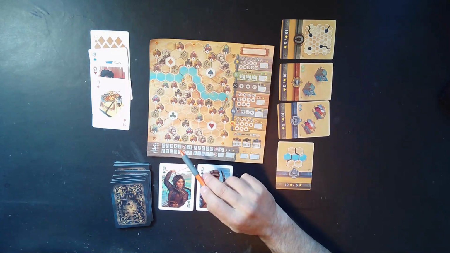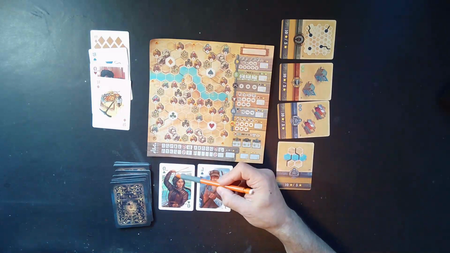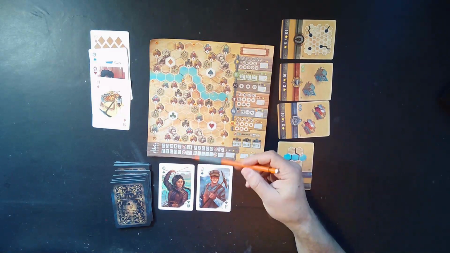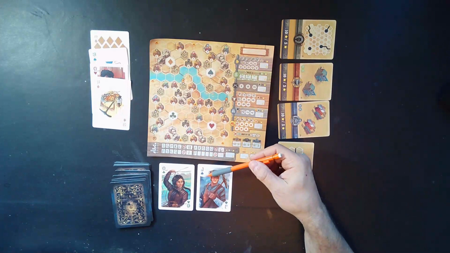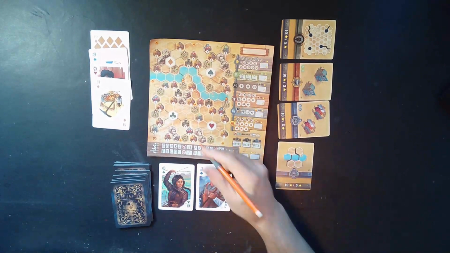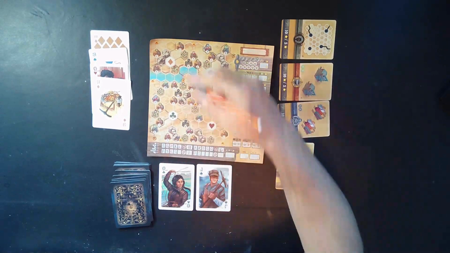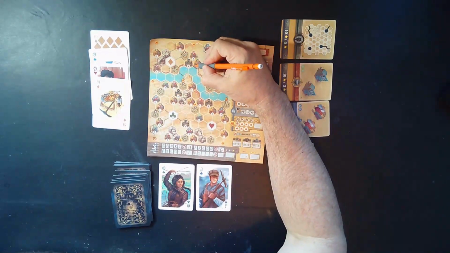This is a tough call. Let's see. So how many clubs have come out? This is the first club, so I have more chances of clubs coming out than I have spades. So why don't we use the spade? So let's go ahead and do the jack, and we'll just do what I said earlier. We are going to go